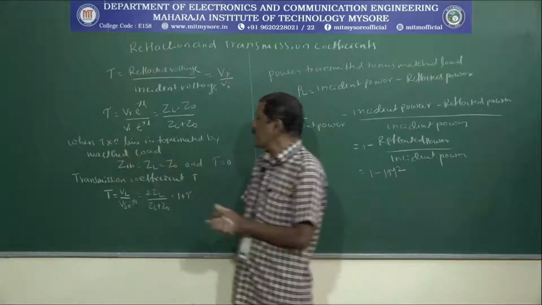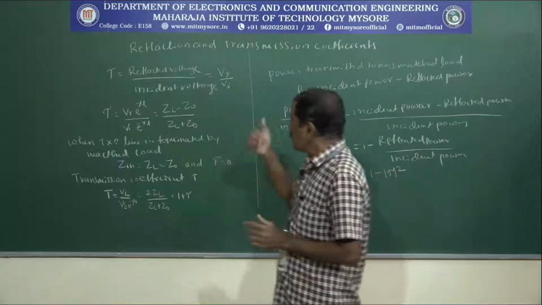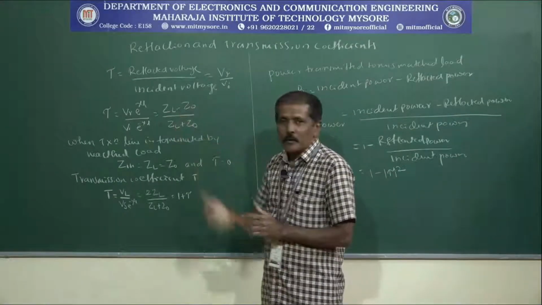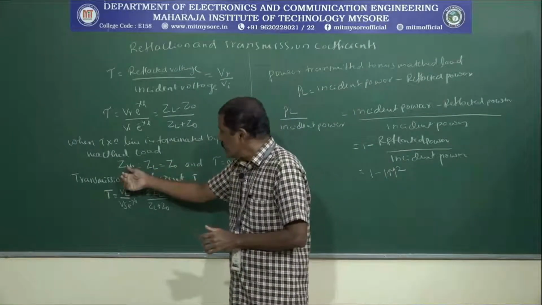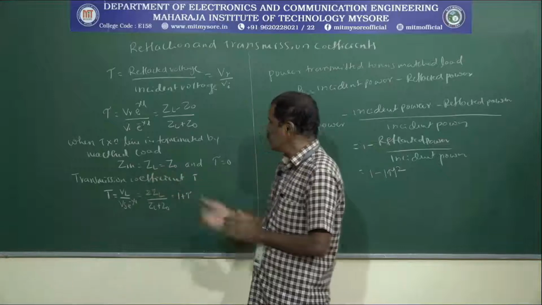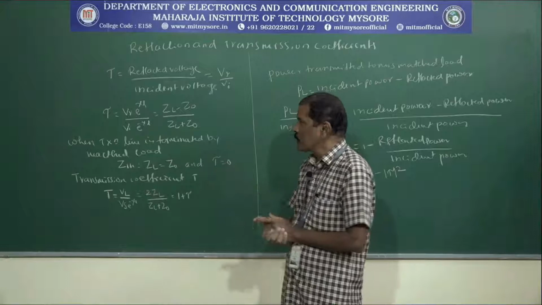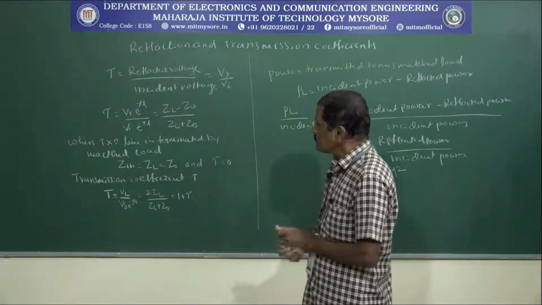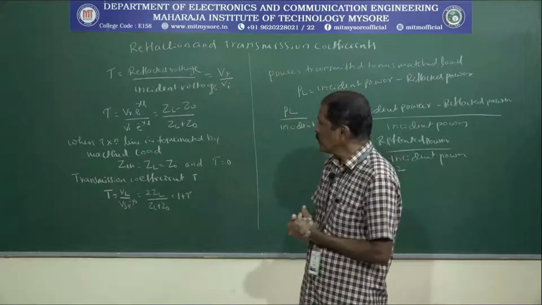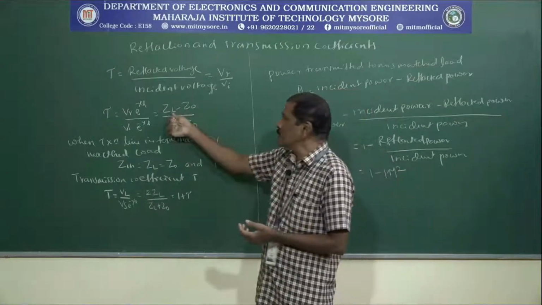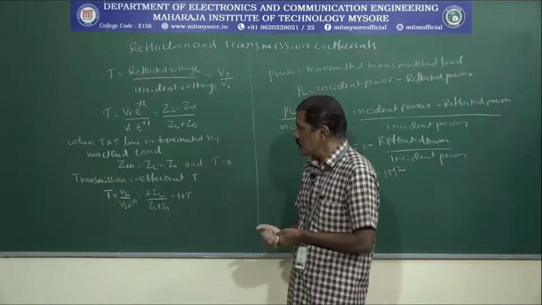Now, when the transmission line is terminated by a matched load, that is, ZL is equal to Z0, in that particular case Zin equal to ZL is equal to Z0, and at that time the reflection coefficient tau becomes equal to zero. That is, when a line is terminated by a matched load, when your load impedance is matching with the characteristic impedance, then the reflection coefficient is going to be 0.